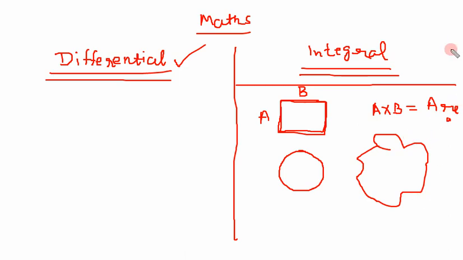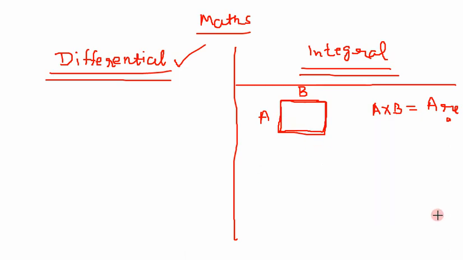So what do we do to calculate this area? Let me remove these things. We will understand with this simple figure, but this will be true for anything. So we have this kind of figure, a rectangle. Okay. So we take a very small box, for which this side is again very small.